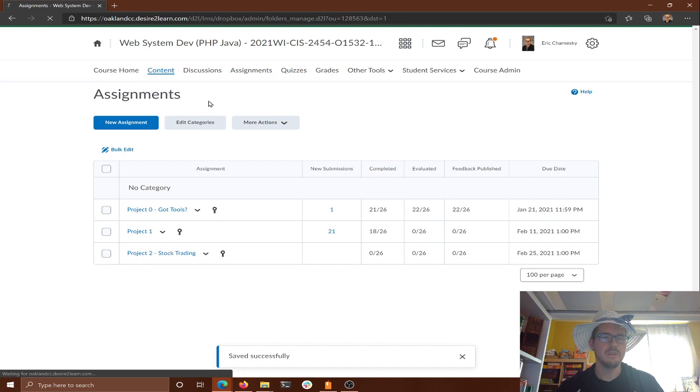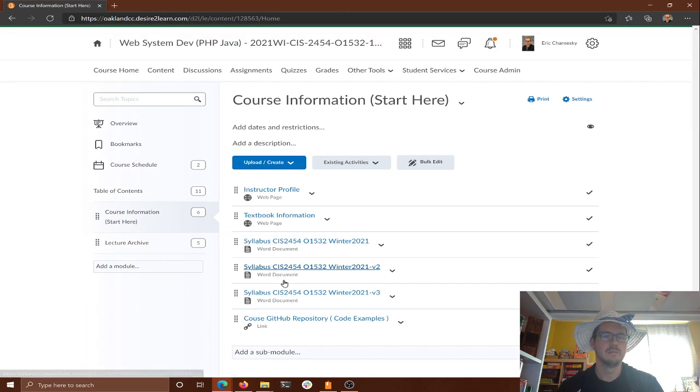Okay, so over in content, right, there's the course GitHub repository link over here. You guys can find that, and then get all that code, all the example code. Uploading stuff to D2L is not ideal for code. I'd much rather have it live in a place that's meant for code. So if you have any questions, let me know. We've got a starter code for Project 2. We've got 2 weeks to work on it. We're going to move on to new topics next week.